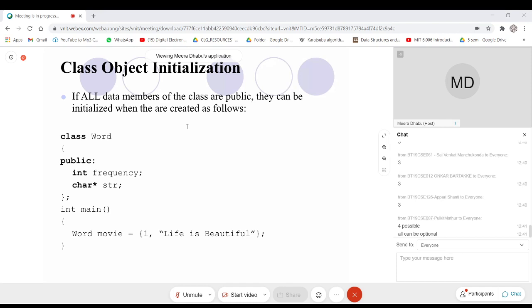This is one example I have given. In the previous example, the data members were public, but once I make the data members private, it is very difficult for me to create a particular object or assign some values when the object is created.